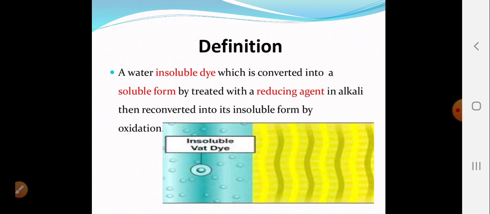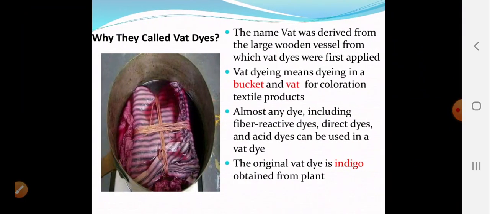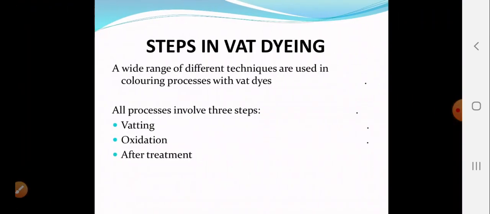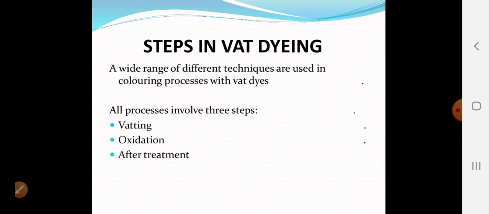Production of wet dyes, or the dyeing process of wet dyes, is done in three steps, as we saw: wetting, oxidation, and after treatment, as we saw here. The best known example of wet dye is indigo. Also, due to its large application for cotton denim, its lack of fastness seems to be a major disadvantage.